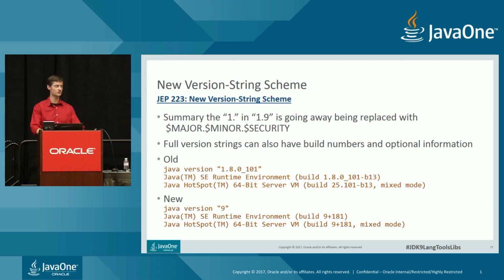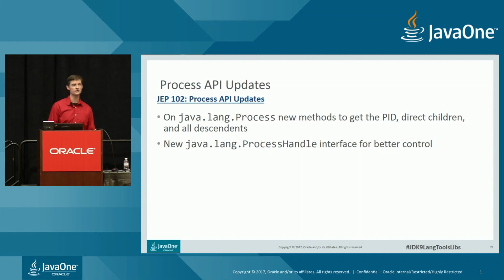Don't get too used to this though, because the version scheme will likely change again. Instead of JDK 10, we might have 18.3. Maybe it'll be JDK X or JDK A. We'll see in the coming months what the final name is. But the 1 dot won't be coming back. So if you have tooling that checks for this, it'll have to be updated. If you use Java to talk to native OS processes, there's some additional API elements to control those more directly, including getting the PID.